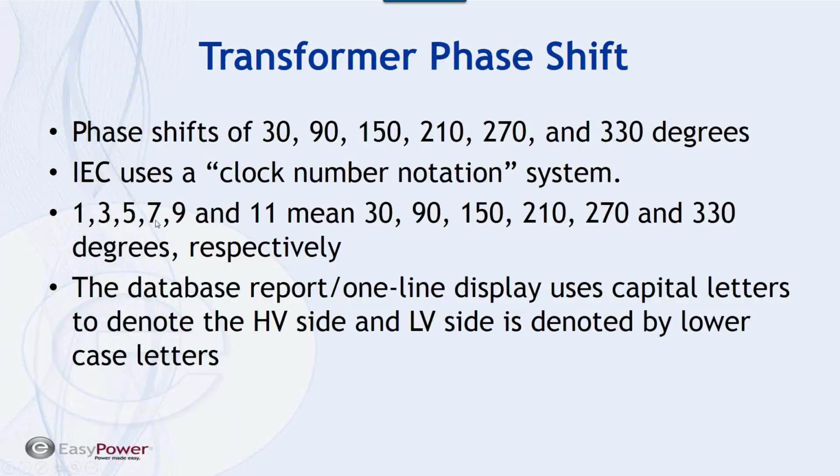1, 3, 5, 7, 9, of course, multiplied each by 30 degrees, and that would give you these numbers. As you IEC engineers would very intimately know, that translates to these values for transformers. As I said, this is a new feature in IEC. You can use it. You probably won't